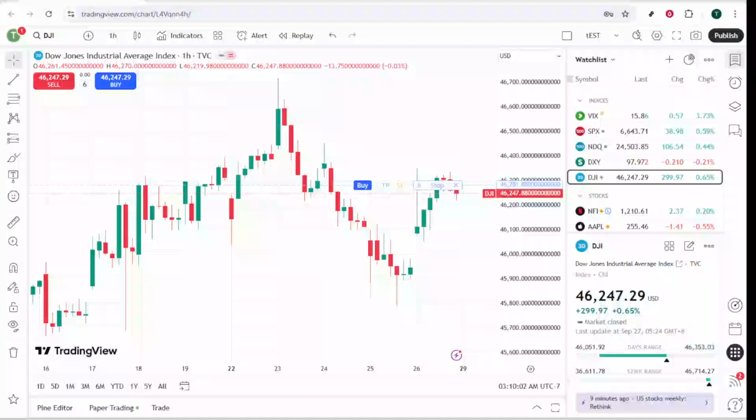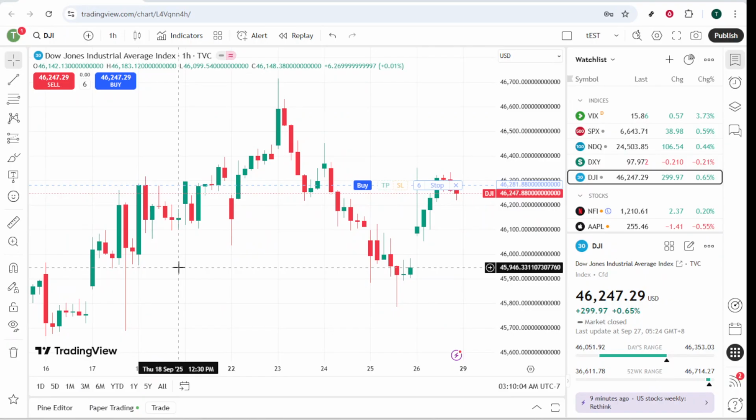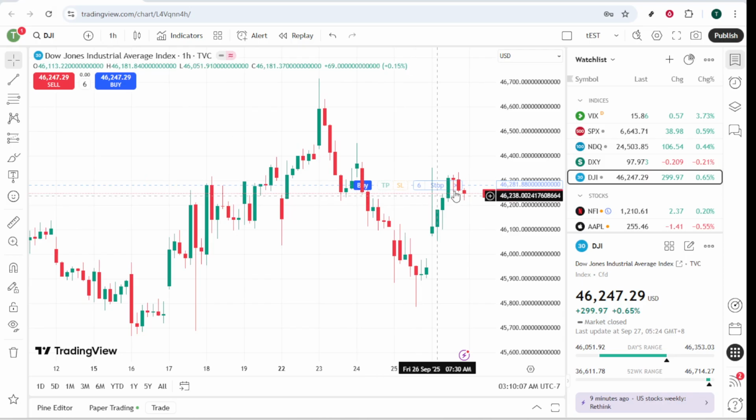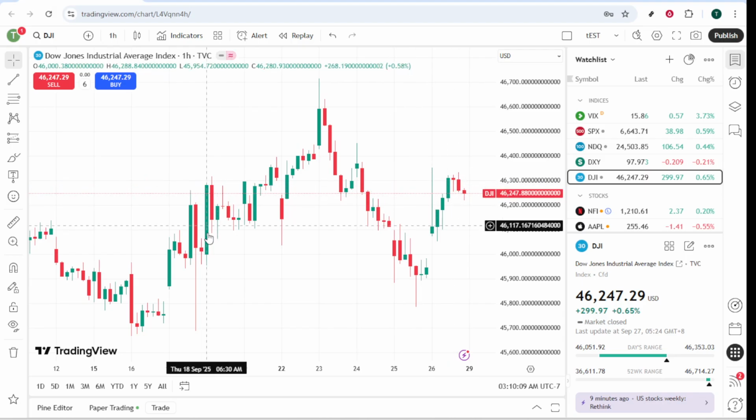In today's video, I'm going to teach you how to trade with prop firms directly on TradingView. This is a comprehensive guide that will help you navigate the process smoothly and efficiently. Let's get started by discussing what it means to trade with prop firms and why TradingView's integration is beneficial for